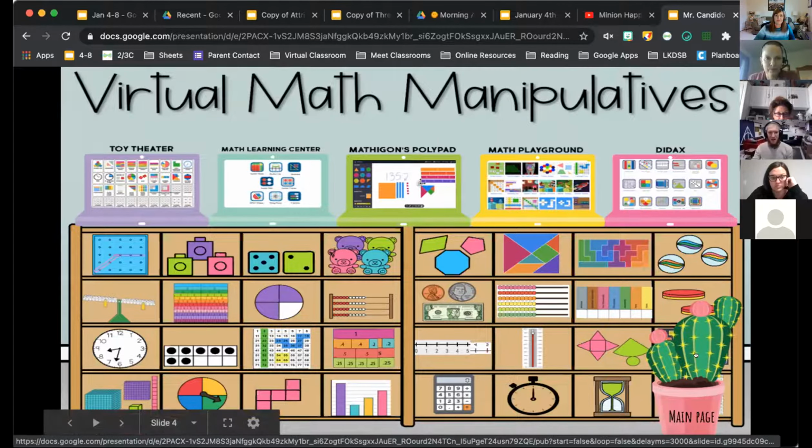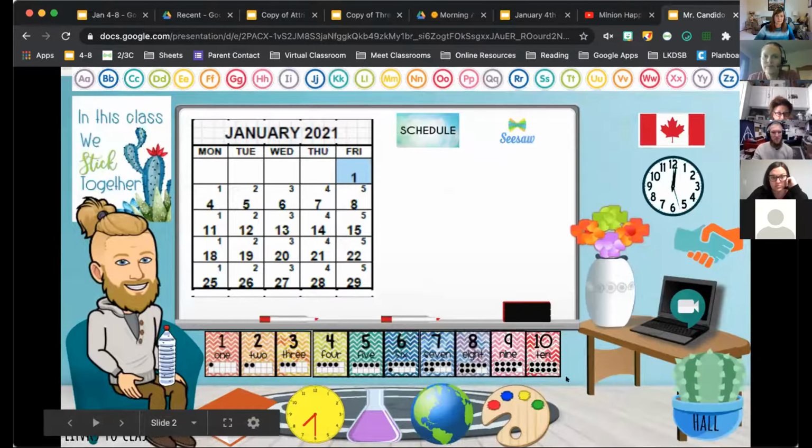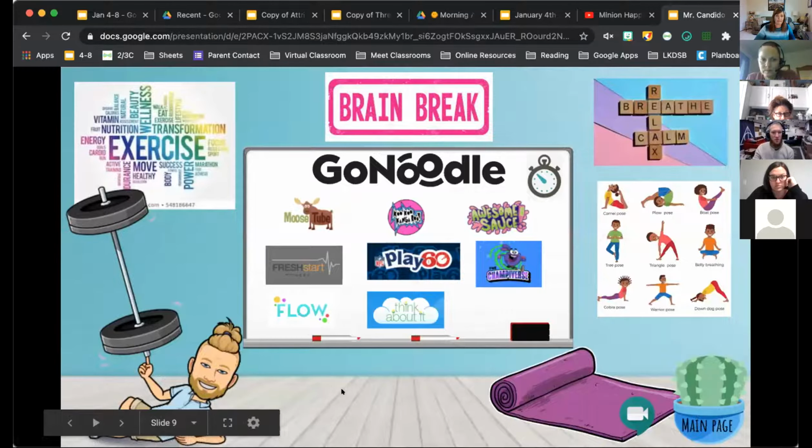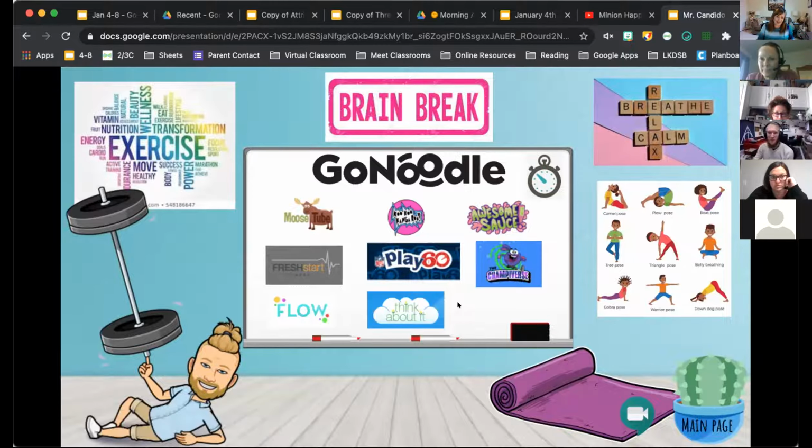So I have that, and then I have my picture to go back to the main screen. Gym is one that I've focused on a lot, phys ed, all that stuff. That's me working out. That's great. Walk us through some of these if you don't mind, because we definitely have phys ed teachers as part of this group, so that'd be great.